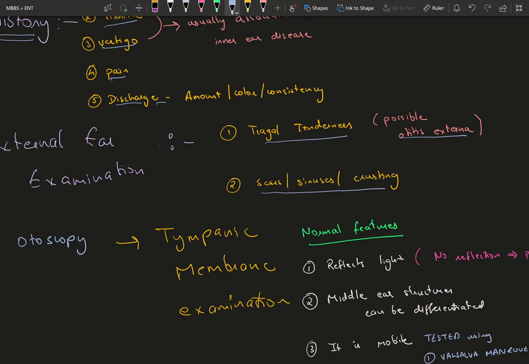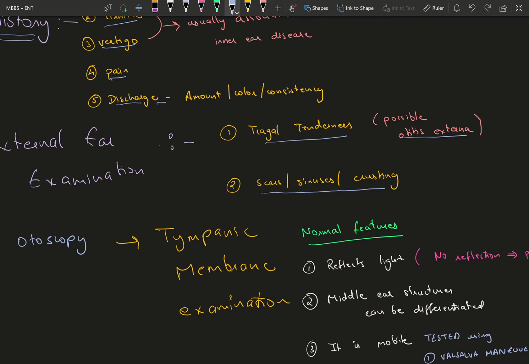So moving on to scars, sinuses and crusting. Sinuses will help you find out various congenital defects while formation of the ear, like a preauricular sinus or narrowed ear canal. All those things can be used to detect various external ear diseases. Your scars will help you to find out if there was any traumatic injury, and your crusting, the presence of any specific bacteria, or they have specific colors and consistencies which you can look up in your textbook. So that would be the examination of the external ear.